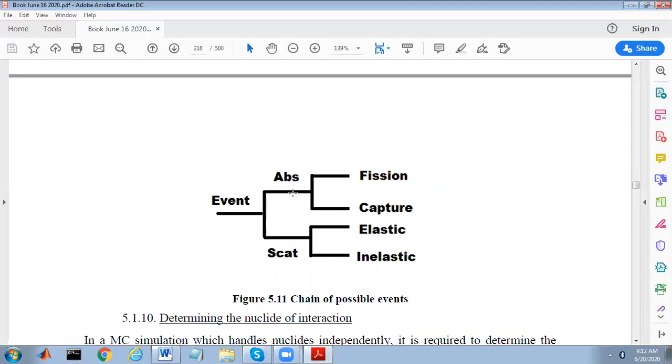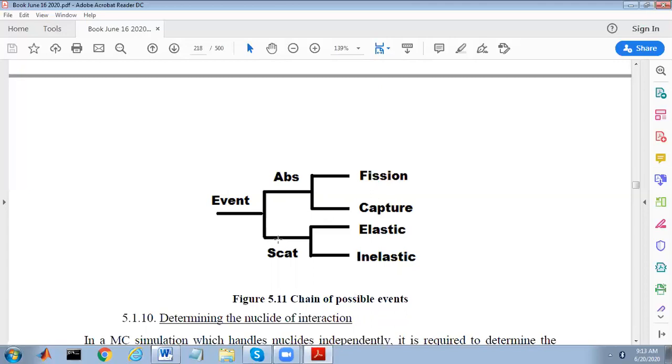Now, if it has an absorption, then it has two further possibilities, one that it has a fission, the other that it has a capture. So this is a possible chain of events. So an event could be an absorption, which could be a fission, or an event could be an absorption, which can be a capture,